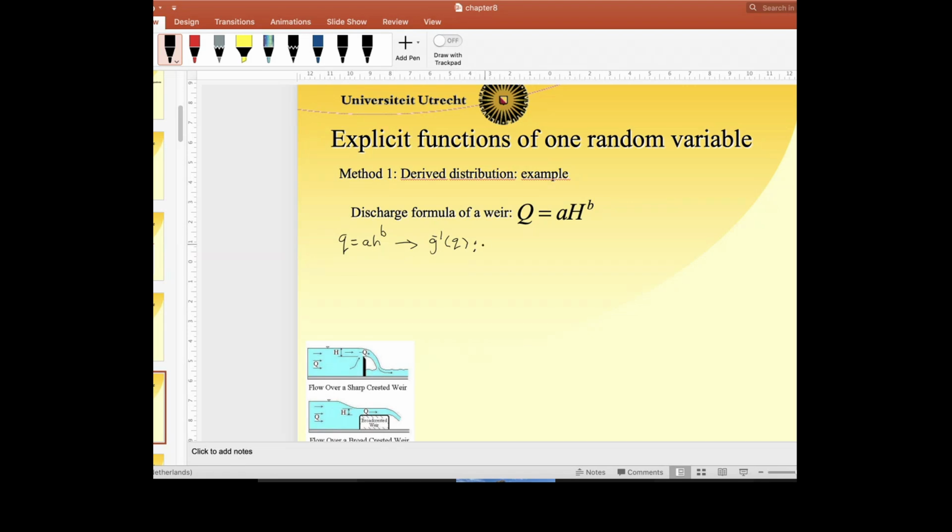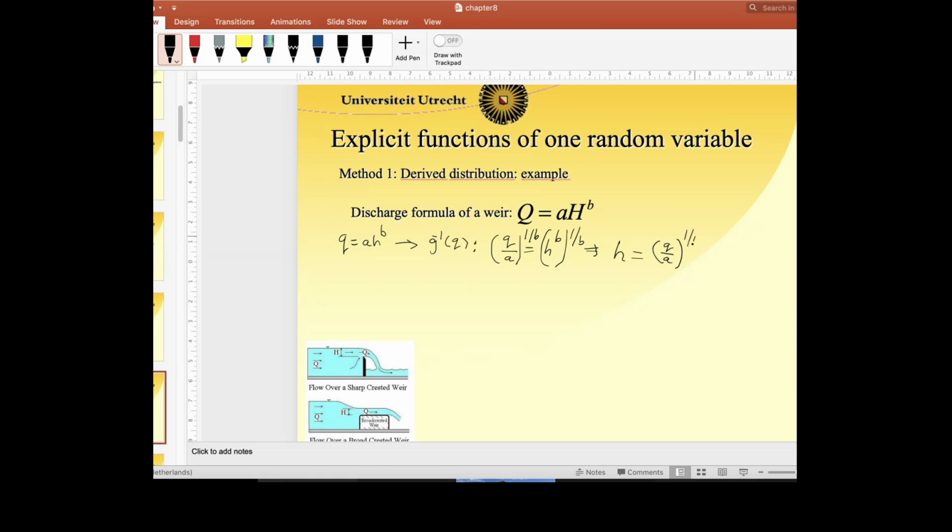So we're just saying Q divided by A is equal to H to the power of B. And then we can raise both sides to the power of 1 over B, and we end up with H is equal to (Q over A)